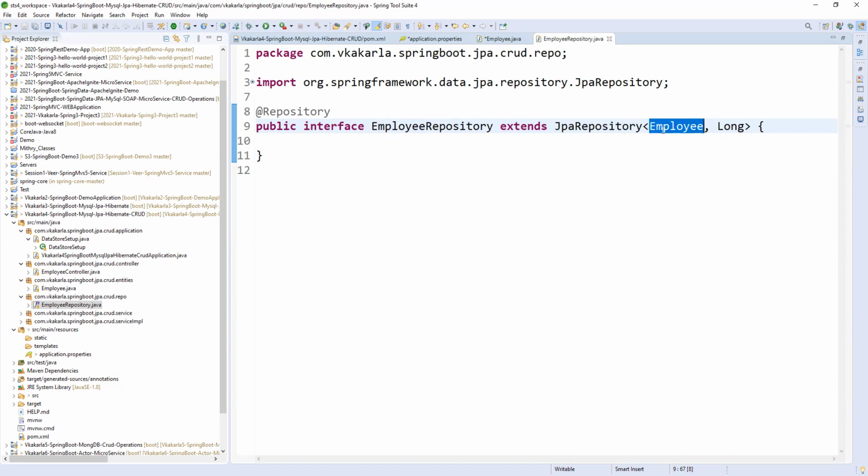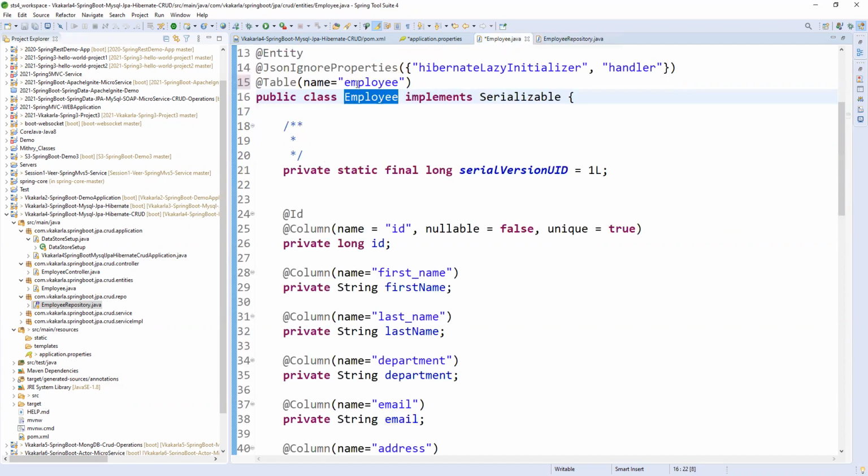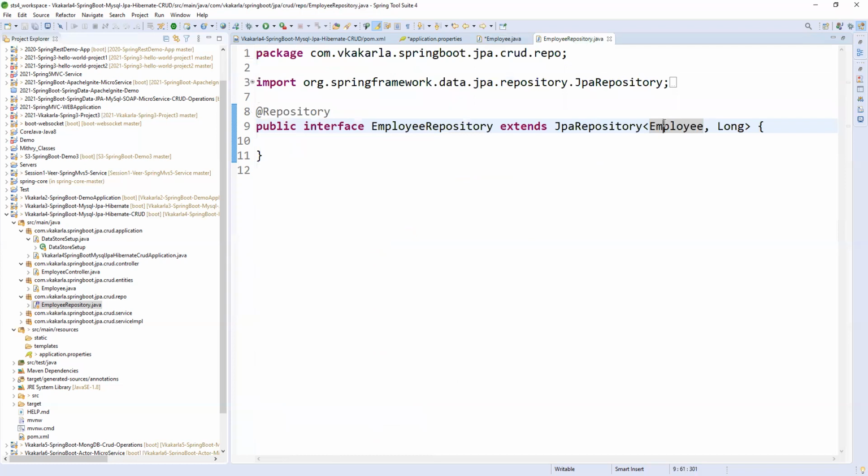Obviously the Employee entity. In the Employee entity we have a database table name, so that for all the employee related operations, by using this Employee entity, we can save the details, delete, update, and get the details from the employee table. So that is the reason we need to give the Employee entity to this repository, so that the repository will take care of all the persistence transactions.